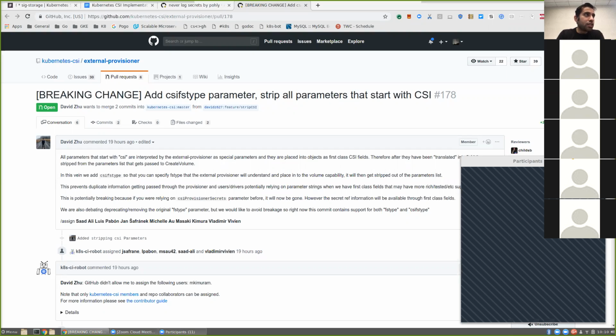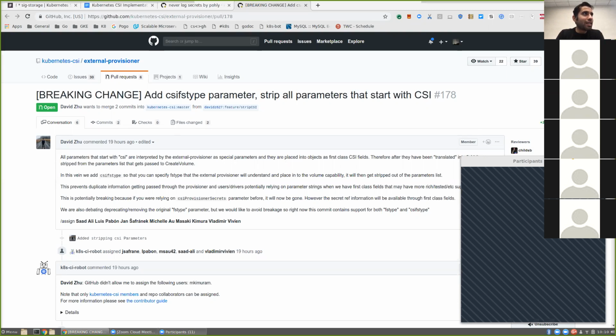And the breaking change that's being proposed here is to stop passing it through and only pass it through via CSI, not as an opaque parameter. That way, the drivers don't get confused when they receive a parameter. They're like, what the heck is this CSI, whatever? I never asked for this.